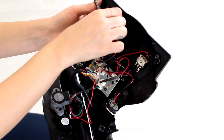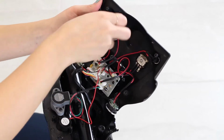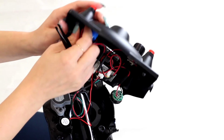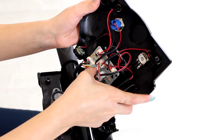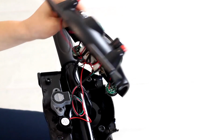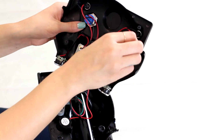And screw this back in. Make sure that is tight, and then connect it back to the board. And the light switch is replaced the same way. So you'll disconnect it, use the tweezers, unscrew it,